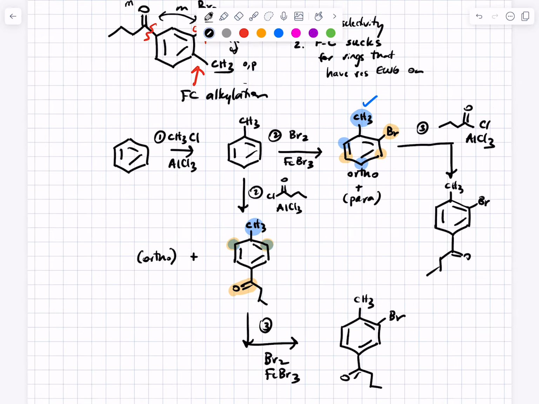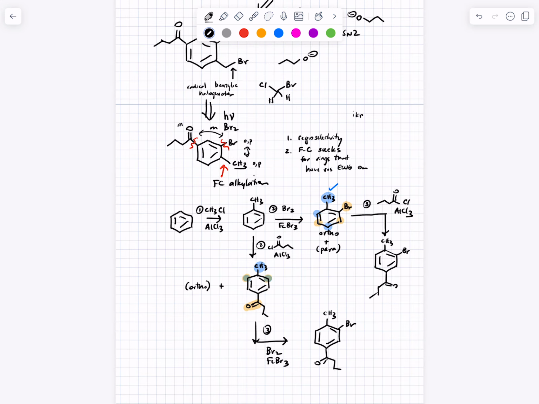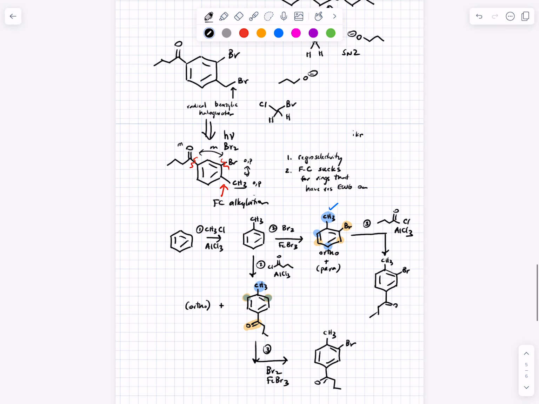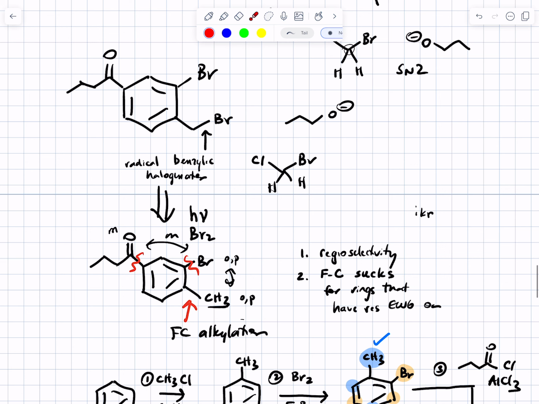Okay. Now we're not done, because to get where we need to get, you're going to have to go back, and I'm not going to write it, but you're going to have to go back and do the radical benzylic halogenation and then the SN2 reaction to install the ether. Yeah? When you do that SN2 reaction to install the ether, wouldn't that also kick the bromine off if you already added it? Yes. No, actually, sorry. So your question is, if I do, at this stage, the SN2 reaction, is this going to attack this bromine? The answer is no. We don't do SN2 reactions at sp2 carbons, so that one's relatively safe.